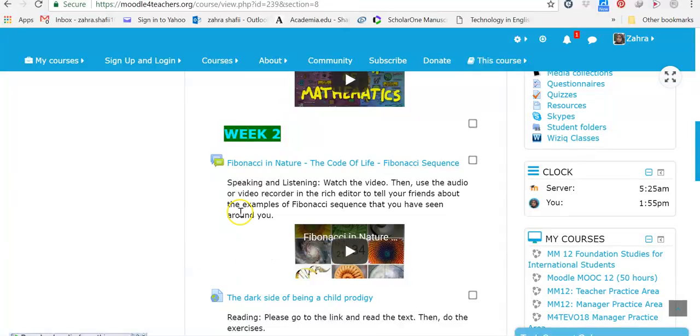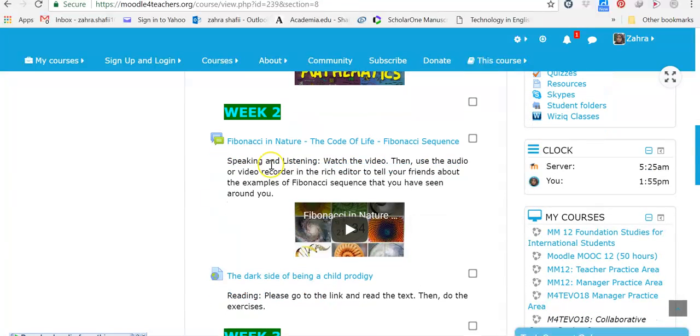In the first session, they have got a video, that is the basis of speaking and listening, teaching something about speaking and listening skills. Students should go to this forum, watch the video, give their ideas about it through recording their voice or their video through the rich editor.